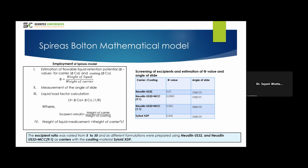Following that, we have to calculate the liquid loading factor, and from there we have to find out how much weight of the liquid we can add into the powder mixture so that the powder retains its flowability and compactability. So using this concept, we have done a screening of excipients, and generally I have taken for this study Neusilin US32, Neusilin US32 and MCC in 9:1 ratio, and Neusilin US32 and MCC in 1:1 ratio as carrier, and Syloid XDP as coating material. So we have found out the angle of slide for all of them,